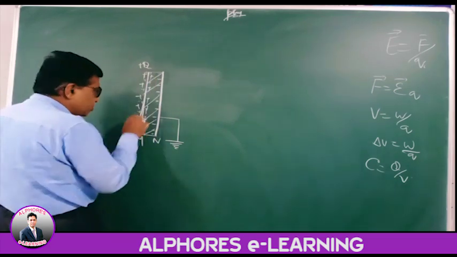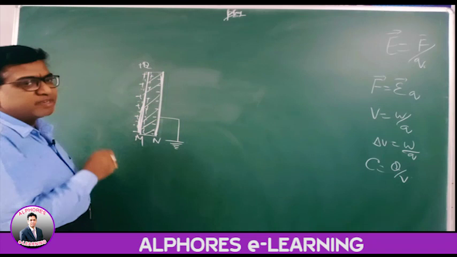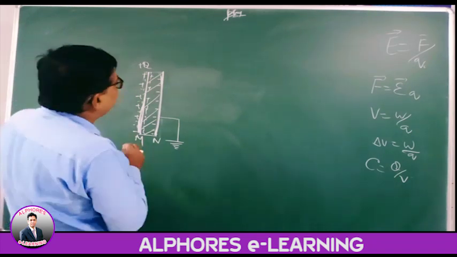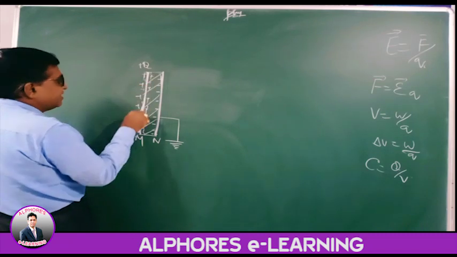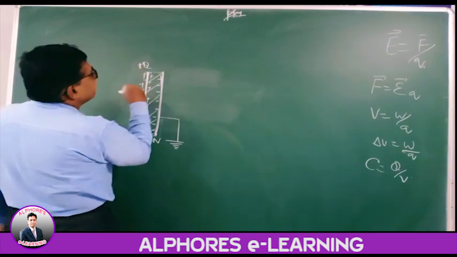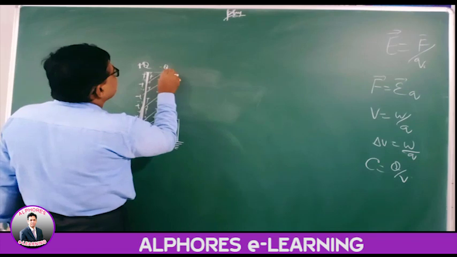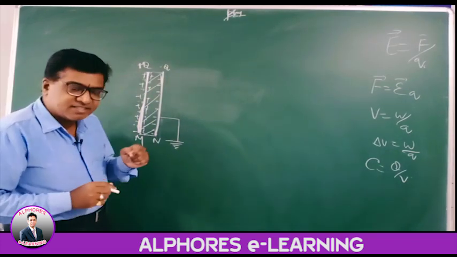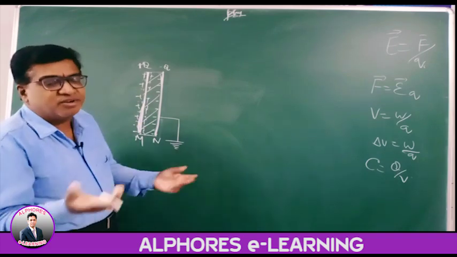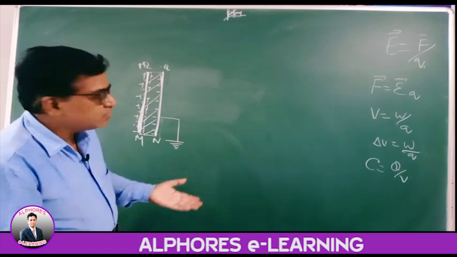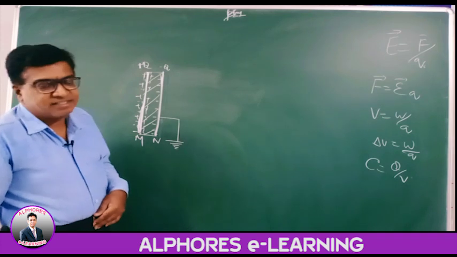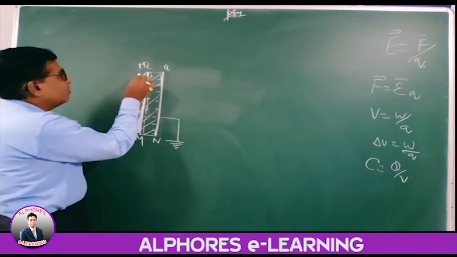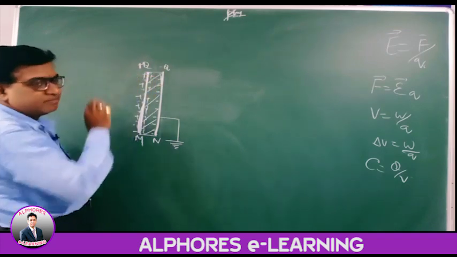We have used two parallel plates, so this is termed a parallel plate capacitor. In a parallel plate capacitor, if the charge stored on one plate is plus Q, then the charge induced on the other is minus Q, right? Then what is the charge of the capacitor? Don't add both. If I add both, the net charge is 0. If there is no charge stored in the capacitor, there is no fun in creating such a sophisticated thing.